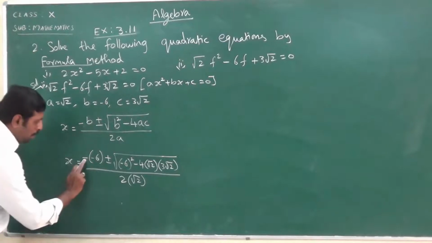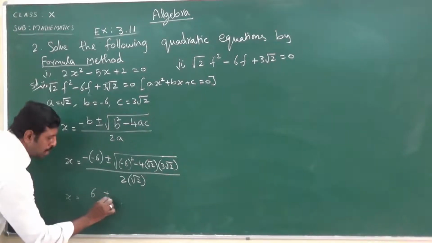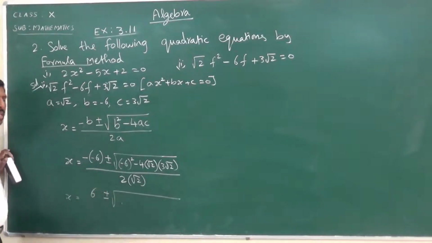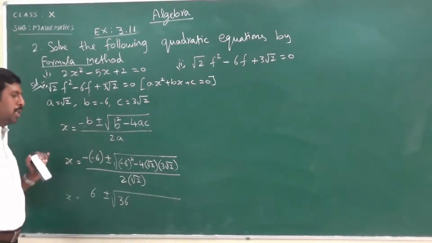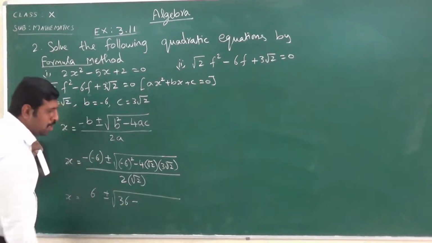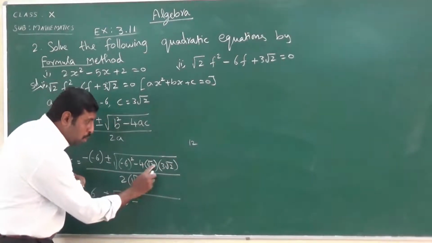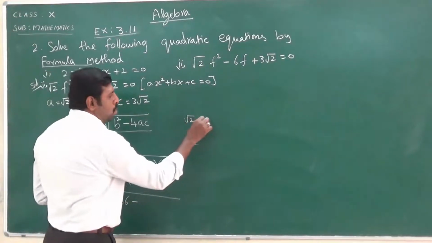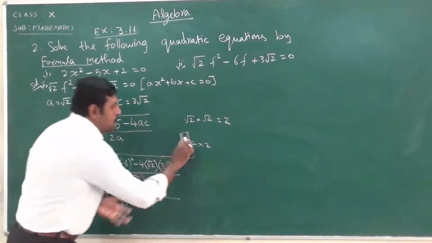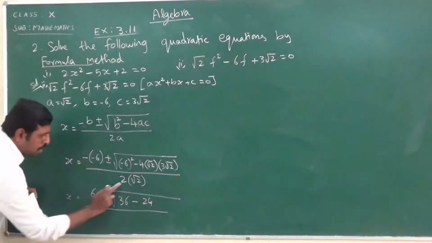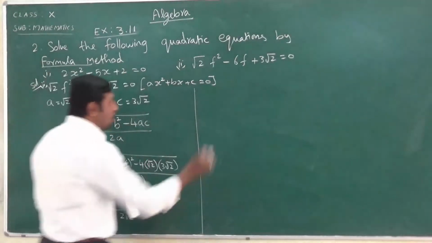Now first, minus into minus is plus, so we get 6 plus or minus root of minus 6 square. Minus 6 into minus 6 is nothing but 36. We get a positive value only when we are squaring the term, and here we have the minus symbol. See, first we multiply the terms: 4 into 3, 4 3s are 12. Root 2 into root 2 is nothing but 2, we know that. So 12 into 2 is equal to 24, all divided by 2 root 2. Now x is equal to